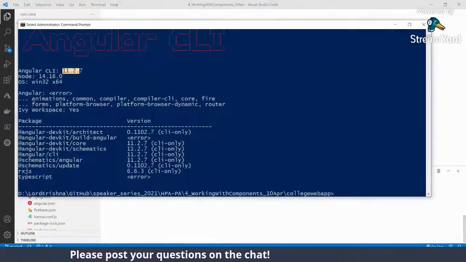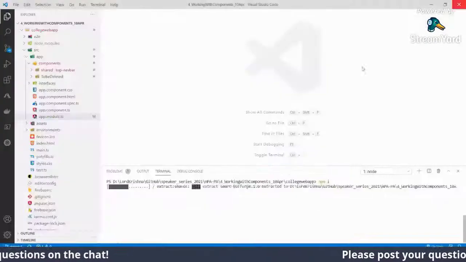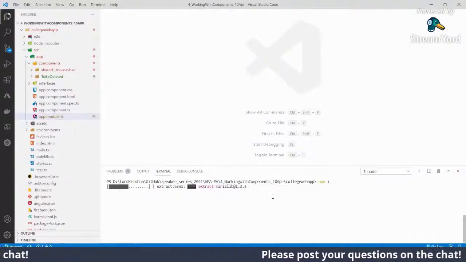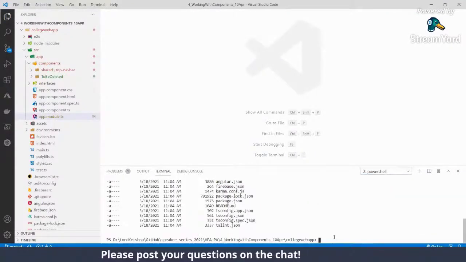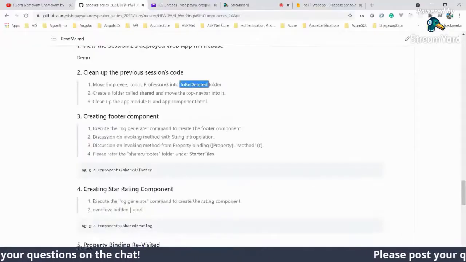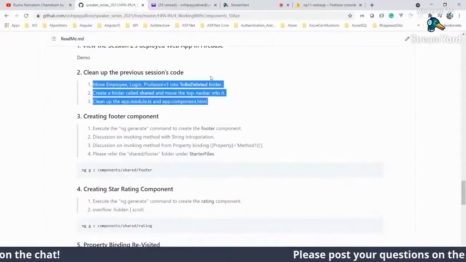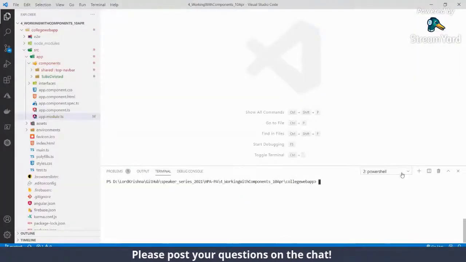I'll close this. We'll get some extra space. I'll close this, and let's go here and create a new footer component. So this cleanup, let's wait before we go to the next step. I just want to hold on here.